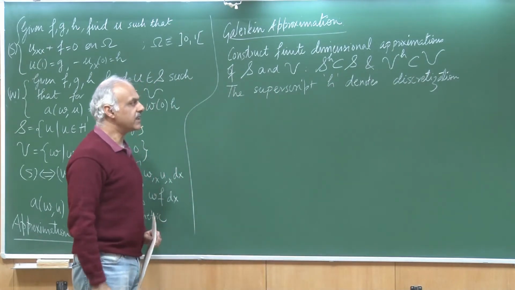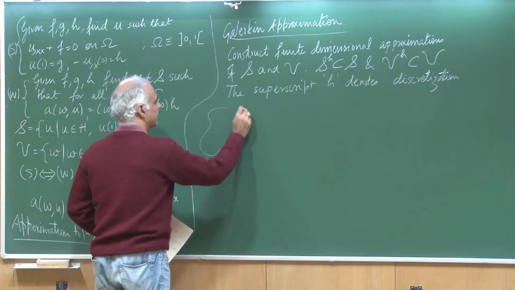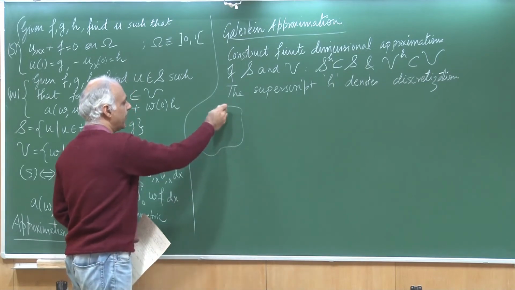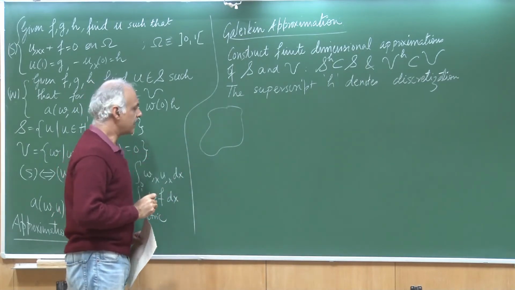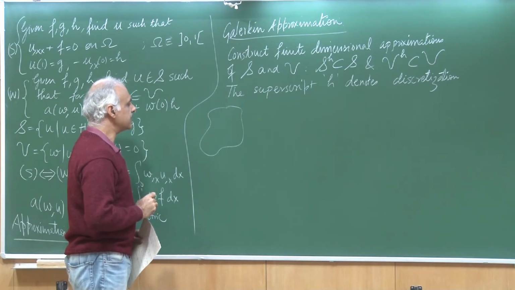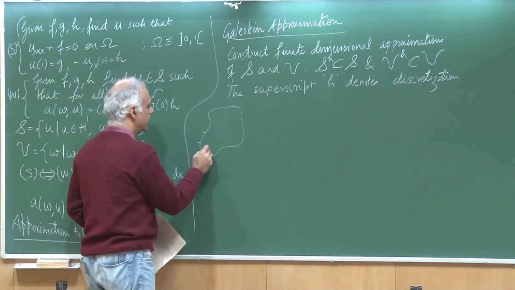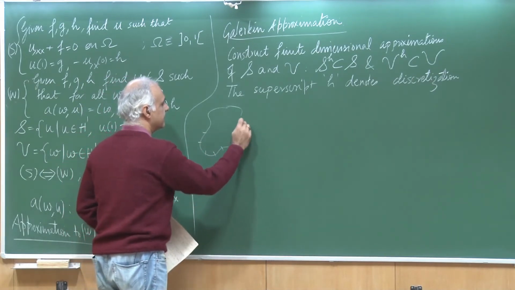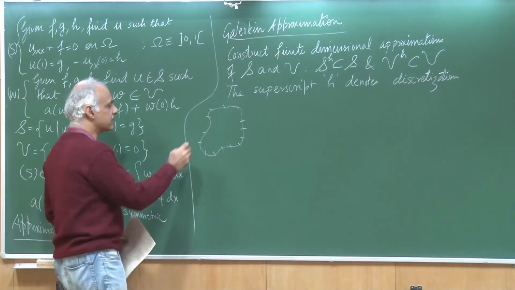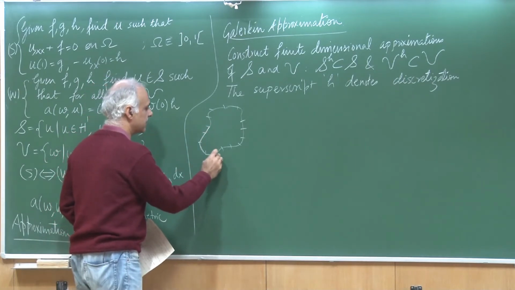So, just to give you an idea of approximation, we are saying that if I had a curve, let us say this is a certain curve, and I think of it as a continuous closed curve in infinite dimensions. So, I could actually discretize it by taking some finite sections of this, right, and then I could approximate within each of these sections by a certain order.